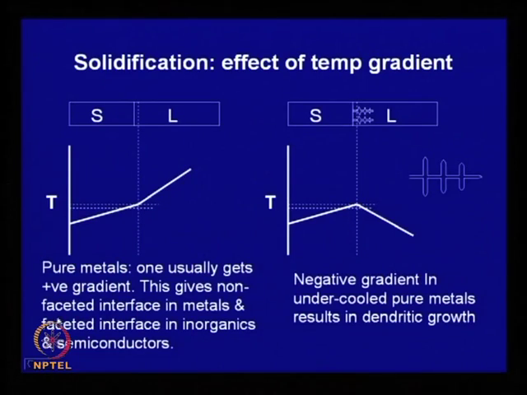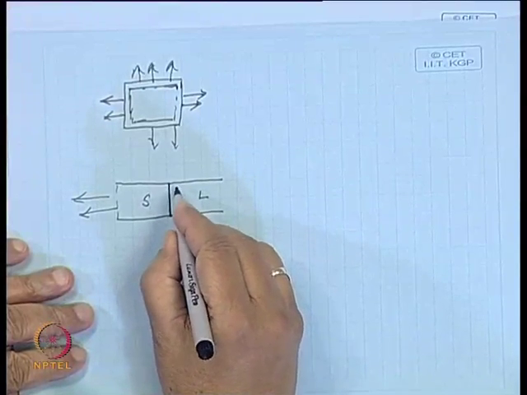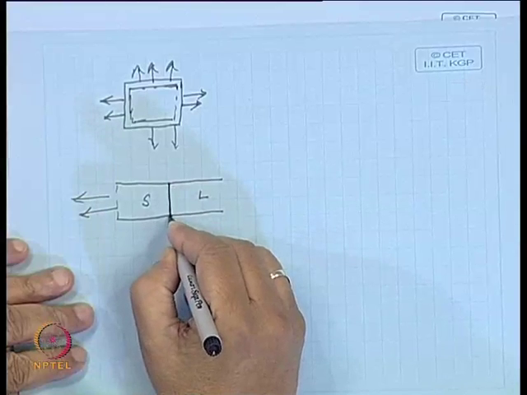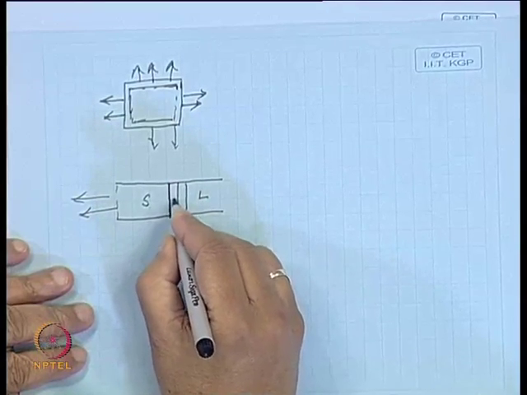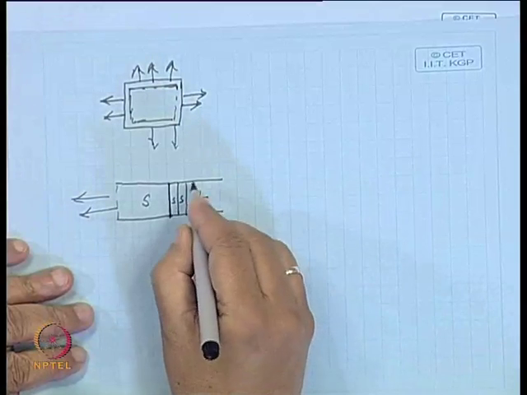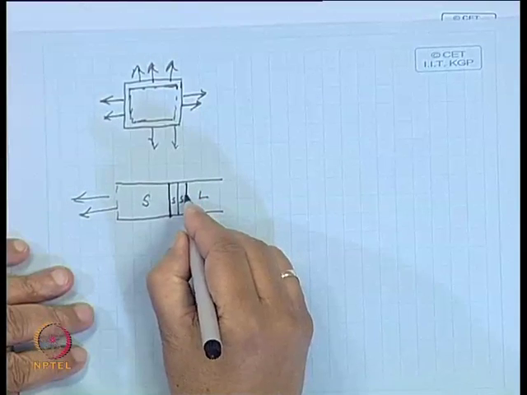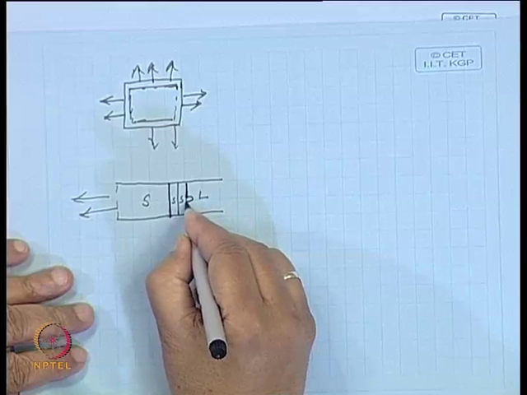In this case, if it is a pure metal with a positive gradient, this will give a non-faceted or planar interface. This plane will try to move like this. Initially it is here, as the temperature goes, it comes here, it comes here, this becomes solid. Even if somewhere it tries to go like this,